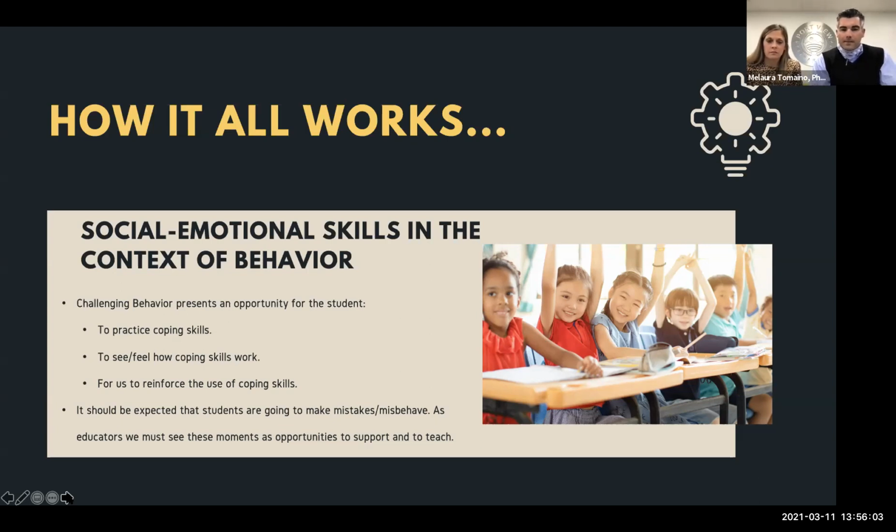So it should be expected that students are going to make mistakes and misbehave. As educators, we must see these moments as opportunities to support and teach, right? And that's why we have to be good at coping ourselves, okay? Throughout this pandemic, we've all had to practice coping.